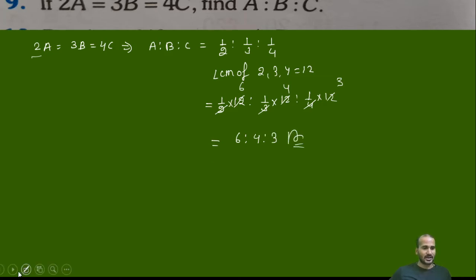Okay, now discuss the last question of this session today. Divide 640 rupees among A, B and C in the ratio 5 ratio 7 ratio 8. So students, I have two methods to solve this question. I am telling the first method. If you request the second method, then I will tell you. Otherwise, I will not tell the second method. But I give a hint: the second method is very easy to understand.